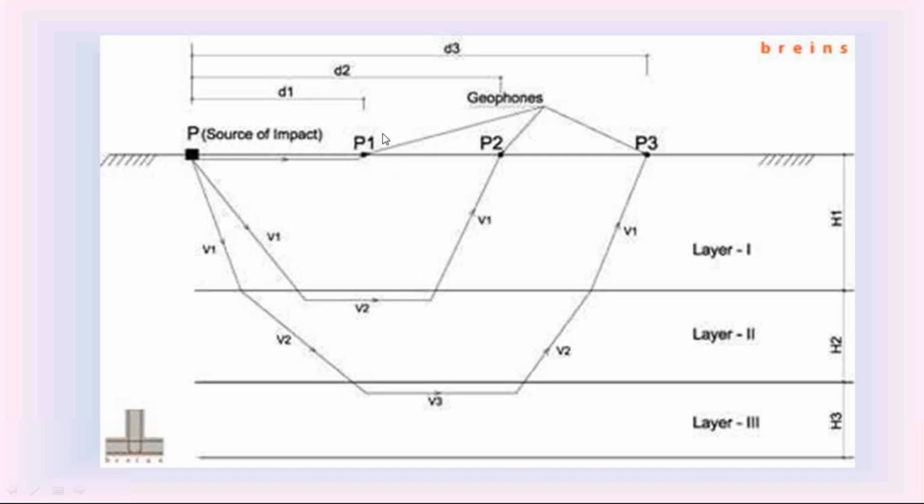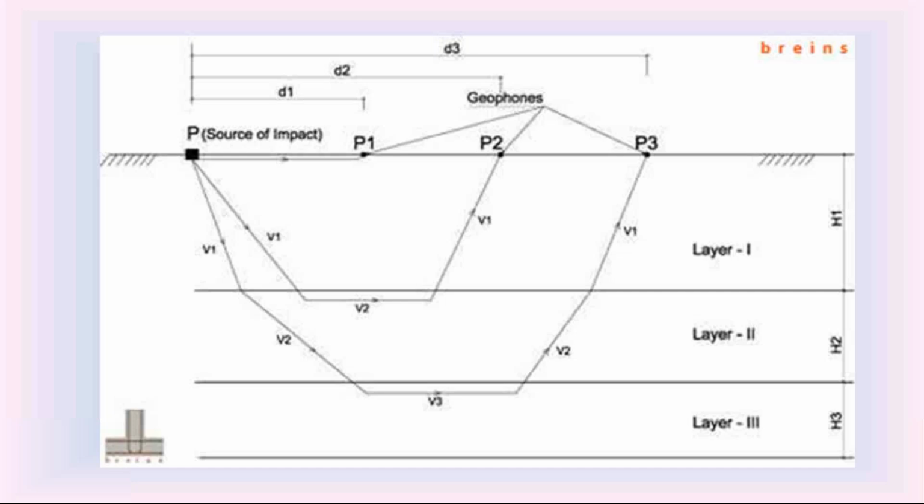Then this geophone converts the shock wave into an electric pulse, and that electric pulse is sent to the seismograph. When the seismograph receives the electric pulse, it notes the time of receiving it. That is very, very important. Please follow this carefully, and don't get confused. The time of receiving the electric pulse is noted by the seismograph.